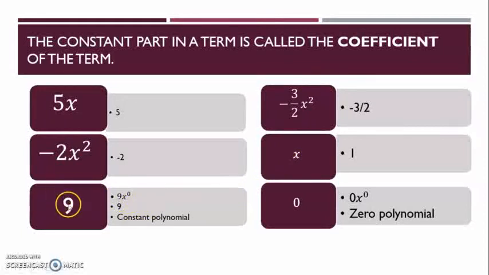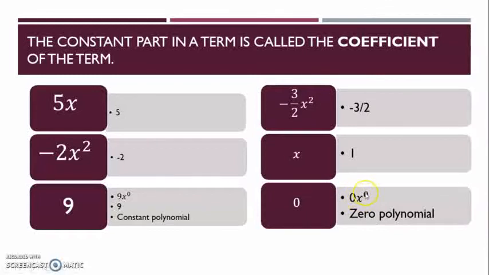For constants alone, if we write only a constant, we call them constant polynomials, because the variable part in there is represented as x to the power 0, or y to the power 0, z to the power 0. The coefficient of a constant polynomial is the constant itself, that is 9. However, in the case of 0, we call it the 0 polynomial because 0 can be written as